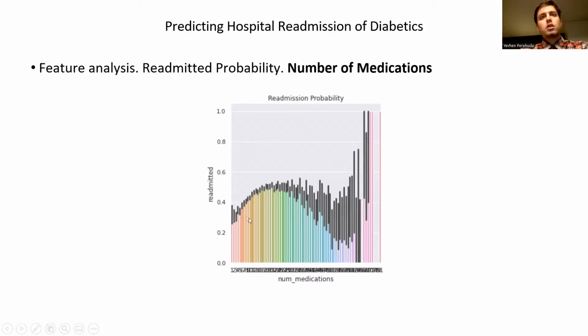And as you can see, the more medications are prescribed, the bigger the probability of being readmitted. You can ask about a number of medications, for example, more than 10 or 20, but as we can see, the confidence interval here is quite big, and that means that probably we really have such a trend, that the more medications a patient has, the bigger the probability of being readmitted.